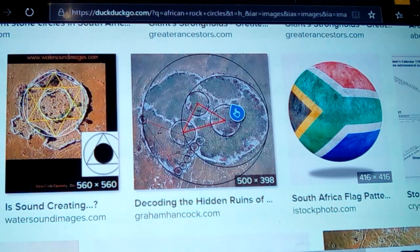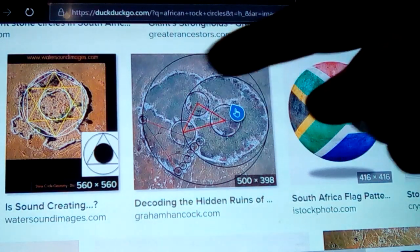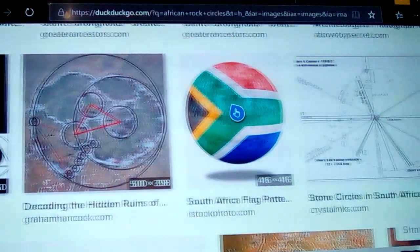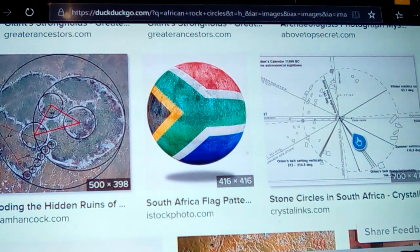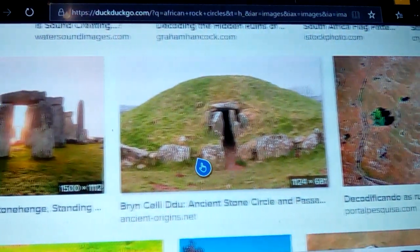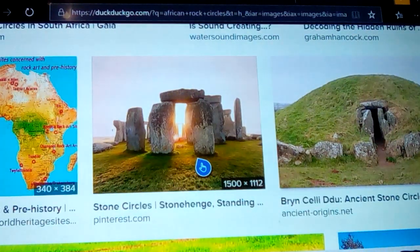Here again we see a sacred geometry, much like Göbekli Tepe, with a super triangle opposed around on double circles that are done. Wheels inside wheels and so on. Starts making you think of tales of brave Atlantis and so on. But other ones here, they show winter solstice, Orion's belt setting vertically, summer solstice. All these things are connected to it with Adam's calendar and these other connections, which seem to connect to a people that used to be pretty damn good at